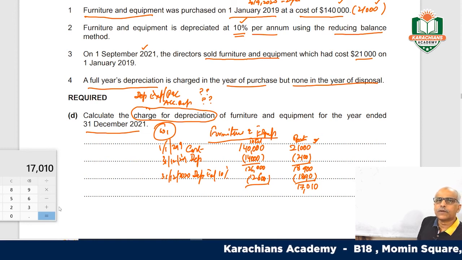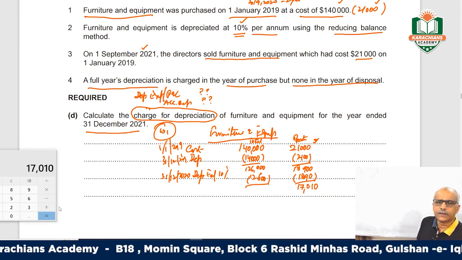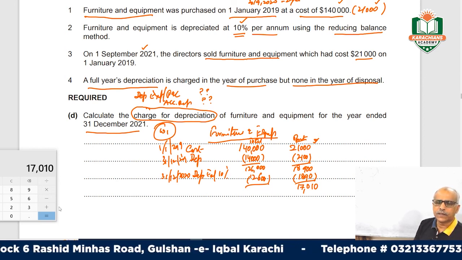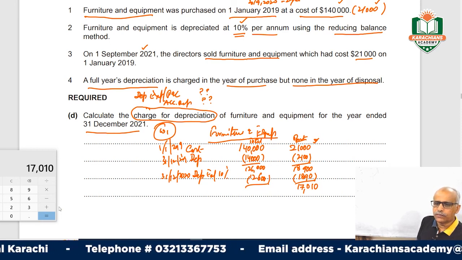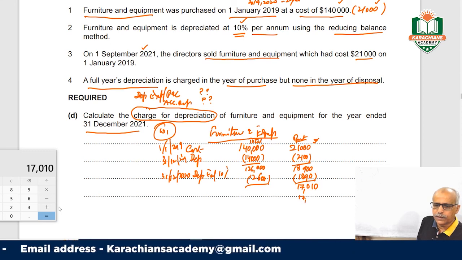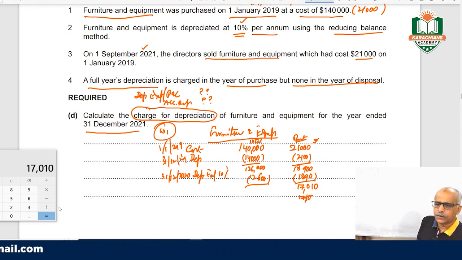So this will be the net book value of this part after 2 years. In the third year, after 8 months, in September, this was sold. And when it is sold, you will deduct it. So it means